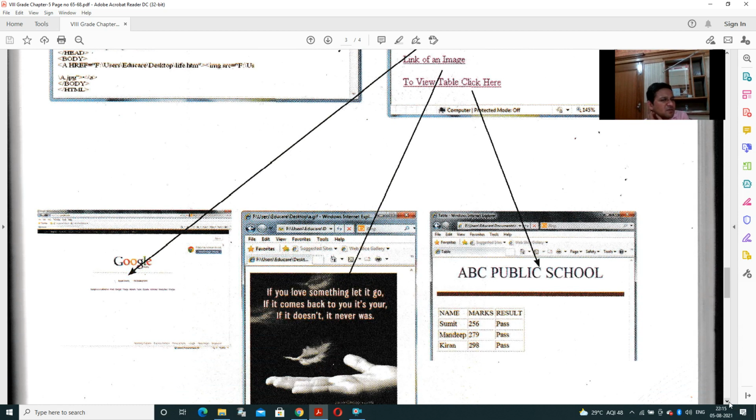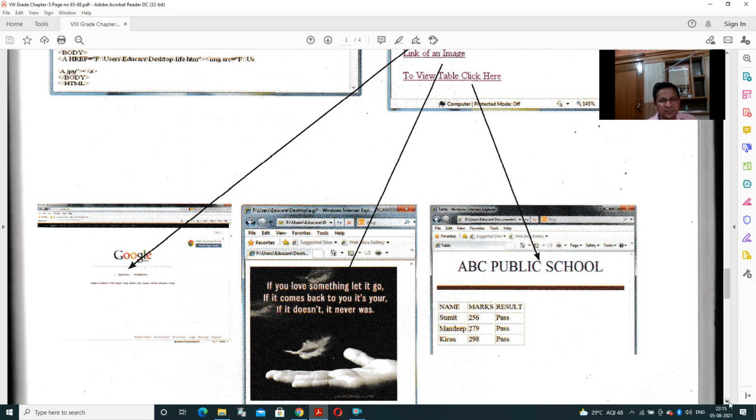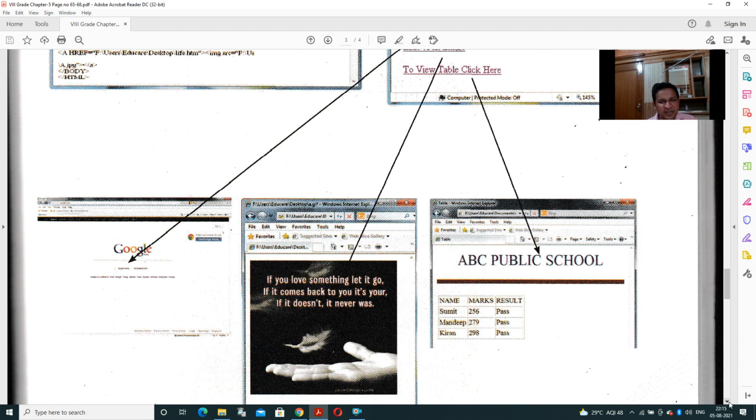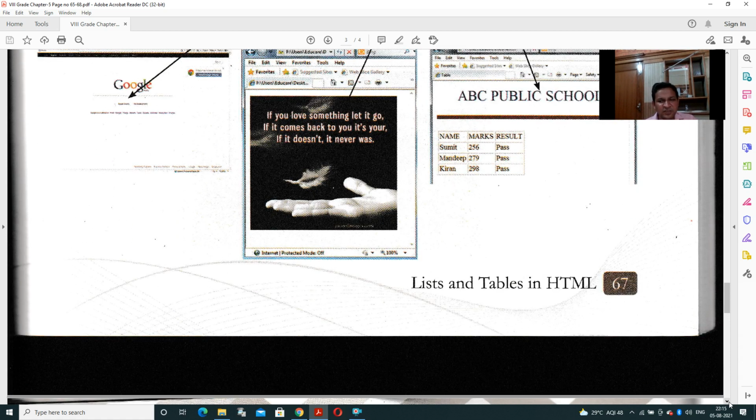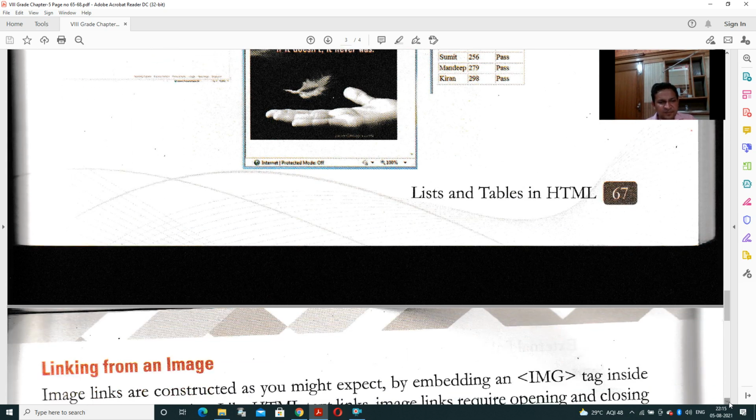This is the concept of interlinking. In interlinking we studied two types, internal and external linking. In internal linking, we are connecting within the same page. We are creating the bookmark. A bookmark will tell the position of specific data. While in external linking, we are giving the full address of the website. It opens the new web page, either in the form of a specific page, an image, or tables. So this part we have studied in this session.